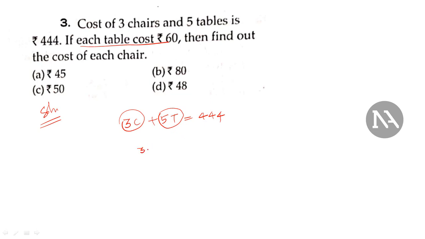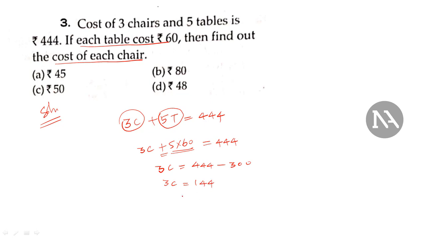So it is 3 chairs plus 5 into 60, because one table cost is 60. This will be equal to 444, and they are asking the cost of each chair. So we will write 3C is equal to 444 minus 5 into 60. This portion will come to the right hand side. This is plus, so it will become minus on this side. So 5 into 6 is 30, so it will be 300. So 3C will be equal to